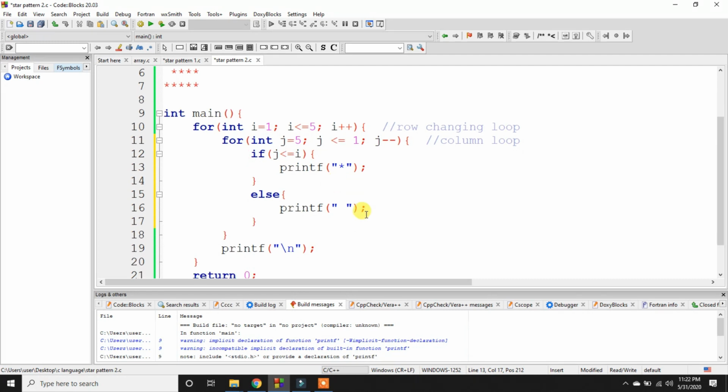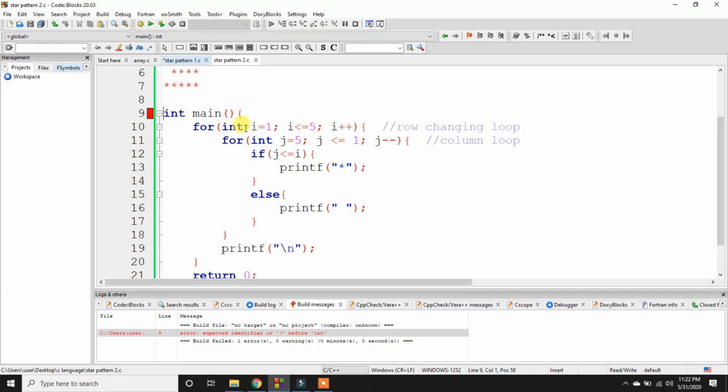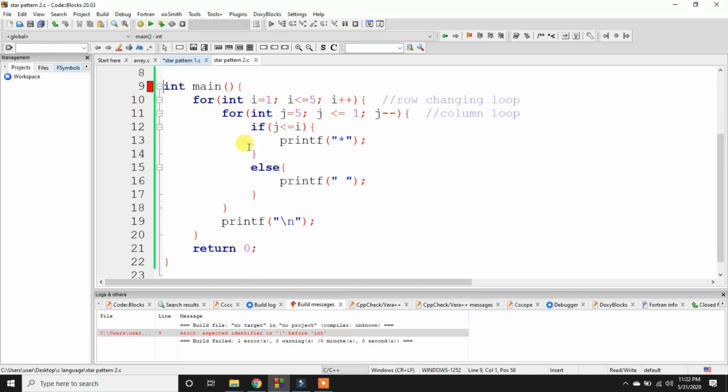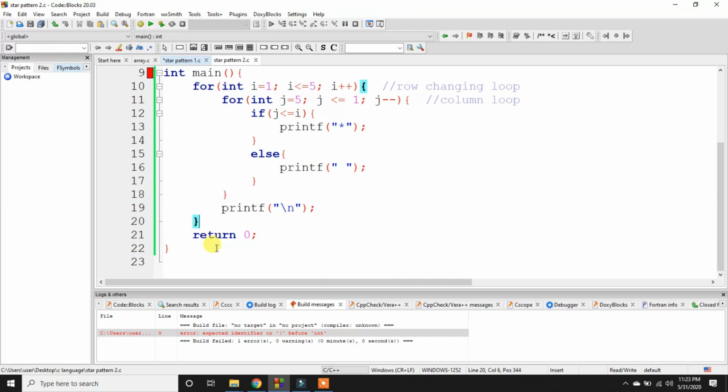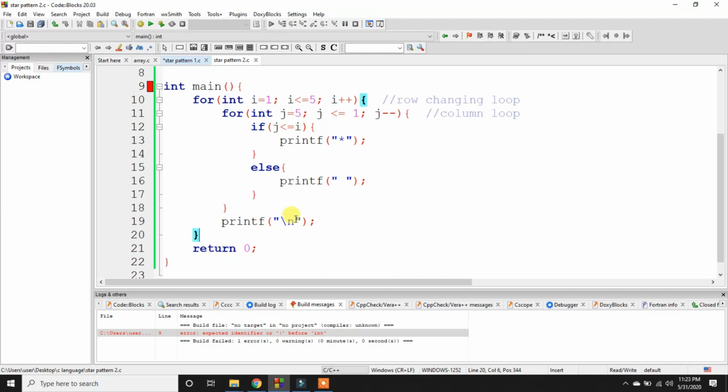So let me build and run this and confirm whether this logic worked or not. Okay, there is some error. Space, this one, and this for loop is also closed. What is the error?